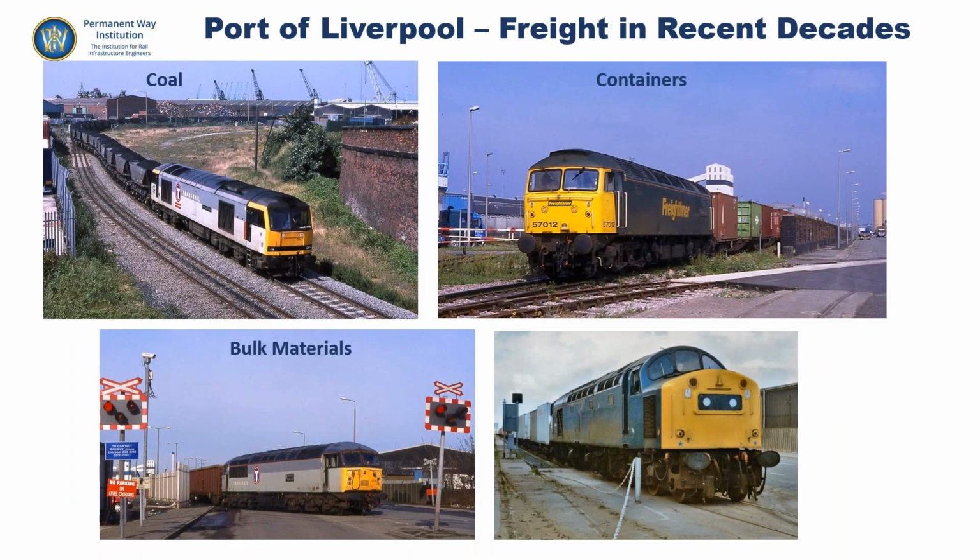We've got some historical pictures here of freight traffic. So the key commodities that the port deals with are coal, containers and bulk materials. So just looking at the coal traffic there in the top left,